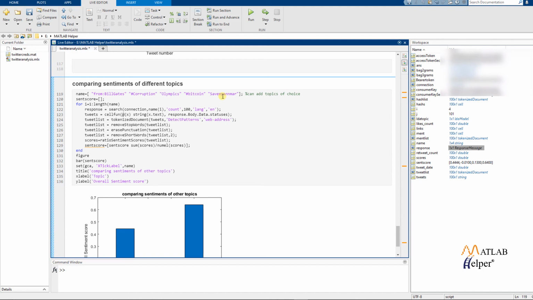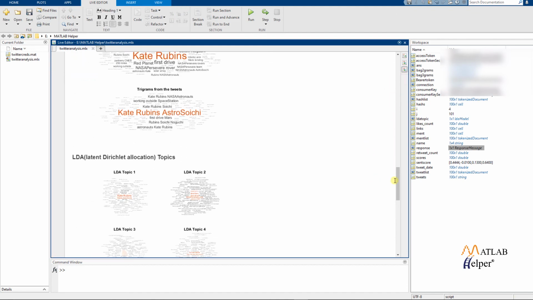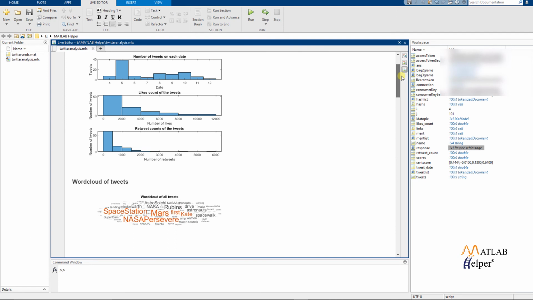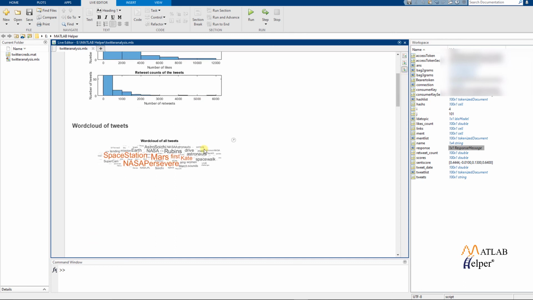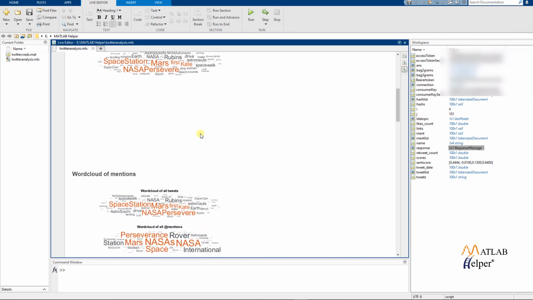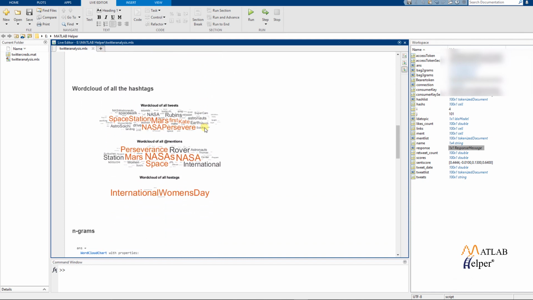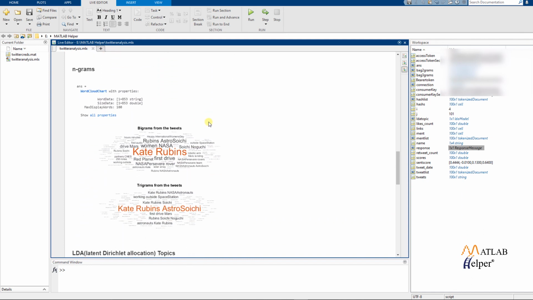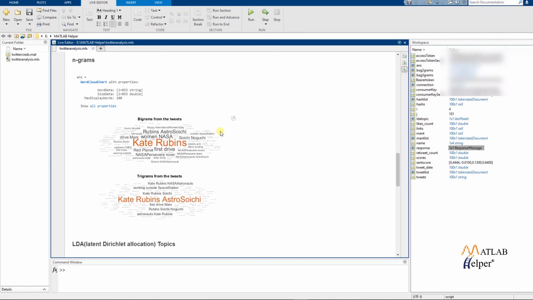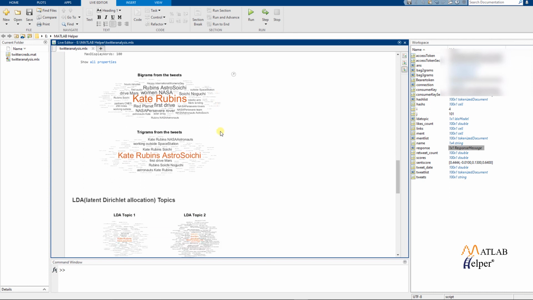Hence, we have performed tweet analysis and Twitter sentiment analysis in MATLAB in the form of making plots of tweet popularity in terms of the dates, the like counts, and the retweet counts of the tweets, making word clouds of all the tweets, all the mentions, and all the hashtags, and also making bigrams and trigrams from the data for better visualization.